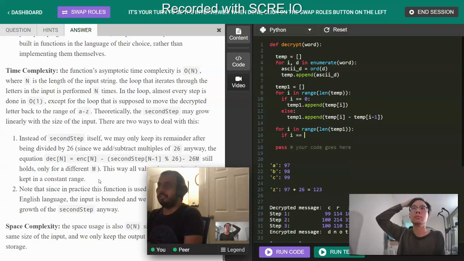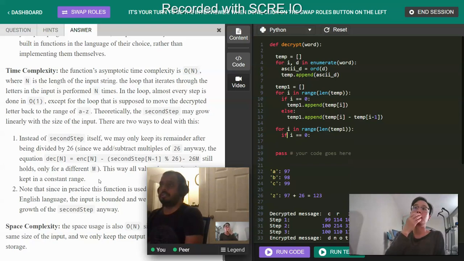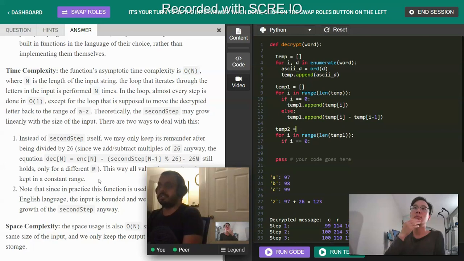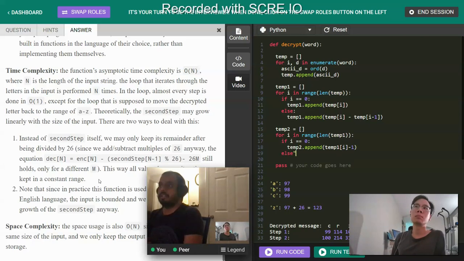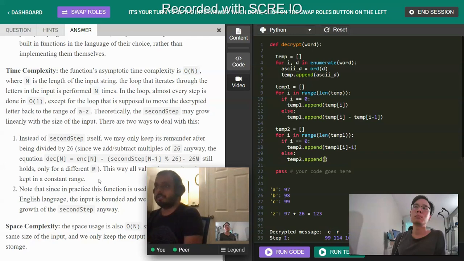So if i equal to 0, actually, let me do another temp2. Maybe step2 might be a better name. But temp2.append temp1 of i minus 1, right? Else temp2.append of